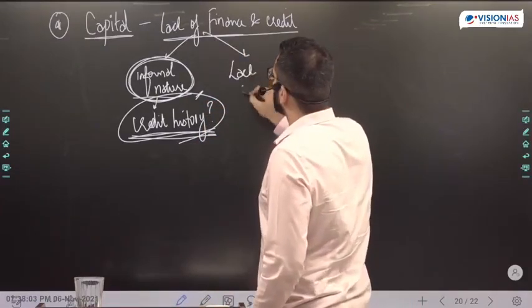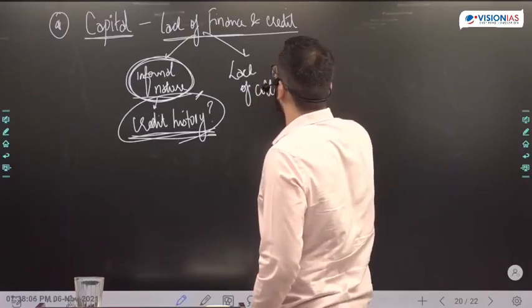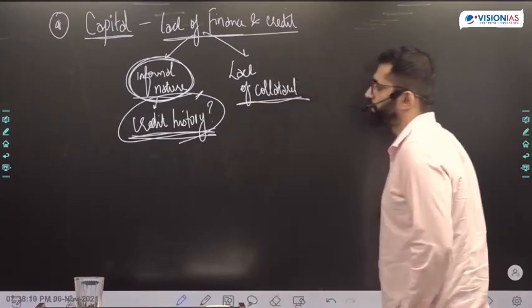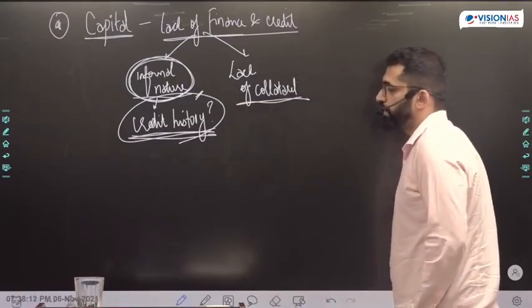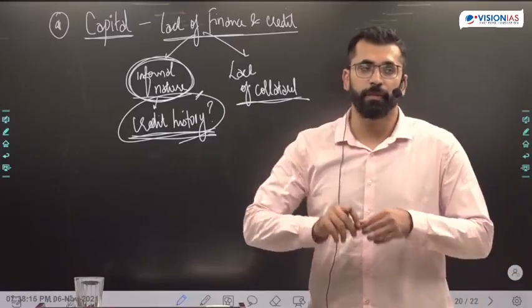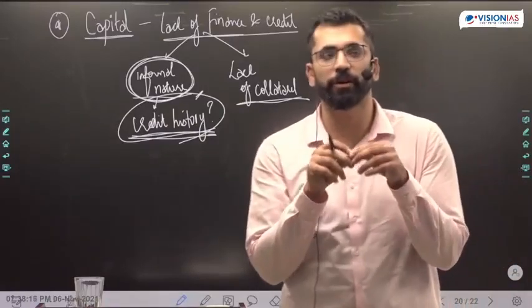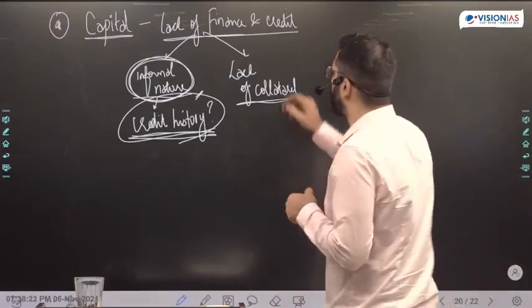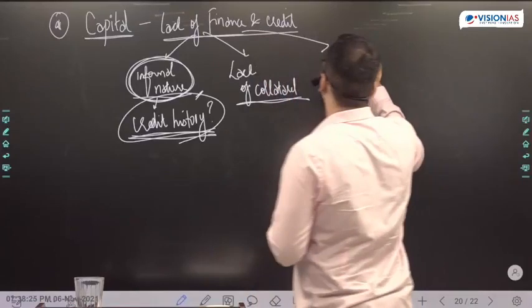Another point is, they are small, they don't have any collateral to give. On what basis would you get a loan? They don't know your credit history, you are a small unit working on an informal basis, the bank will not risk a loan on you. Also, the need is more of